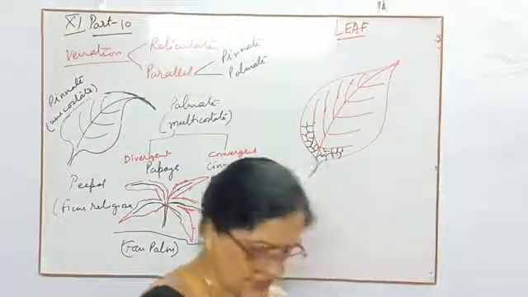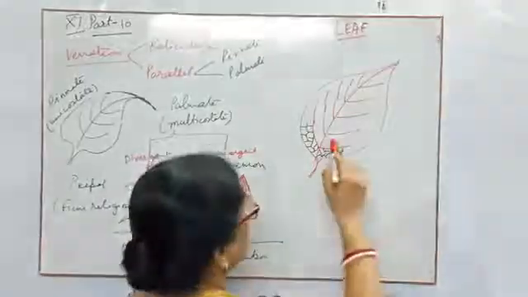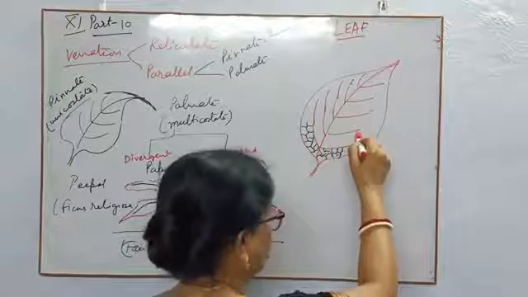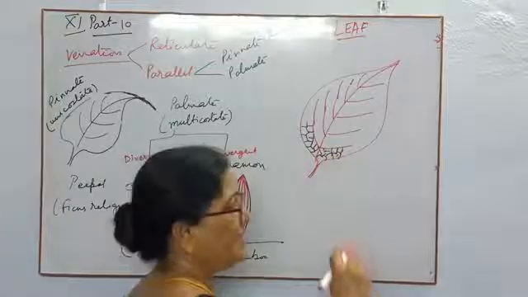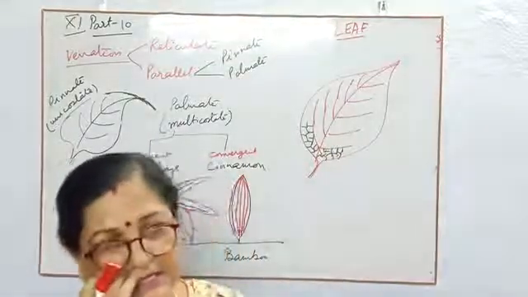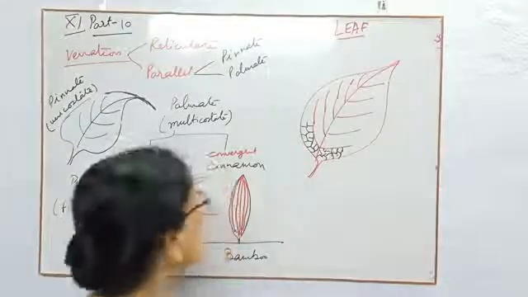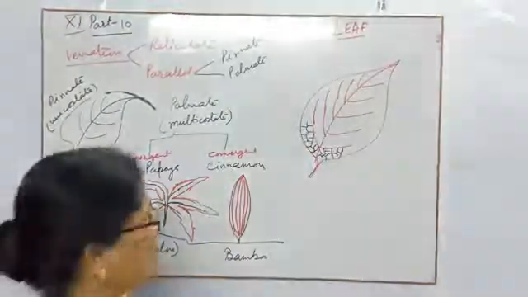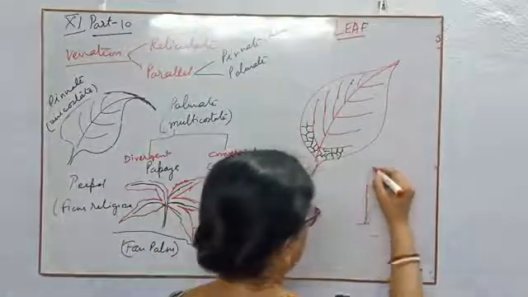So these are the venation. Venation means the arrangement of midrib and lateral veins along with the sublateral veins, and how they are arranged in the lamina of the leaf. This is known as venation. So venation is of two types. As I think everyone you have seen